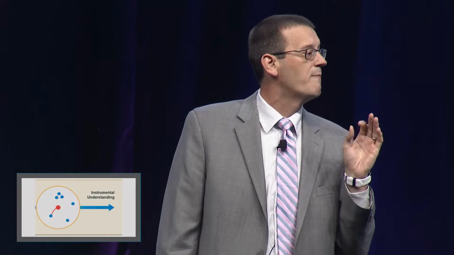My brain was compartmentalized into math silos. I had a whole number silo, a cookie silo, a fraction silo, and I couldn't make any connections between the silos. Little did I know that I was developing an instrumental understanding of math. In this circle, the red dot in the middle represents knowledge that I'm learning at the time, and the blue dots around the outside represent prior understanding. And I was unable to make any connections.